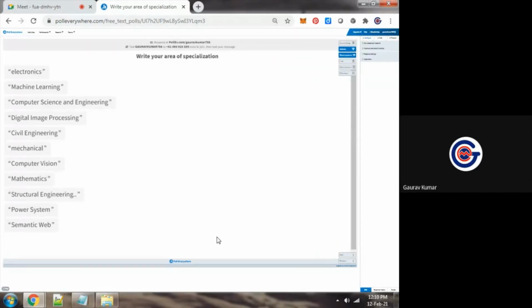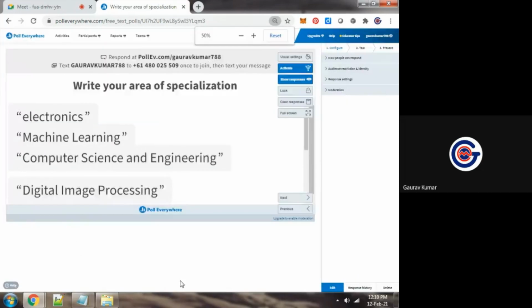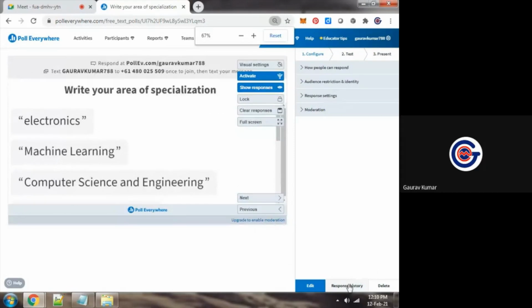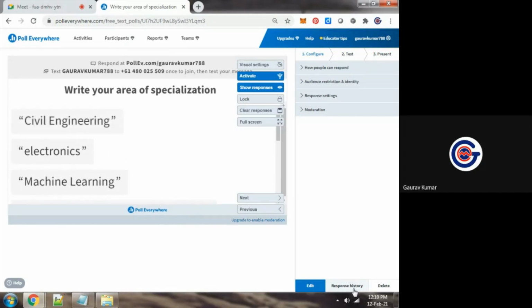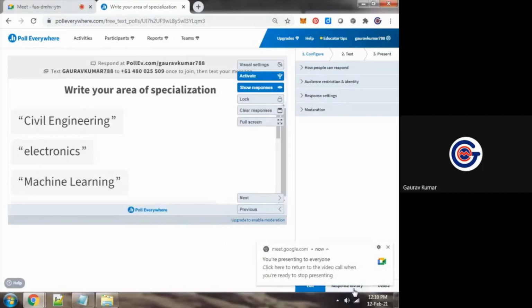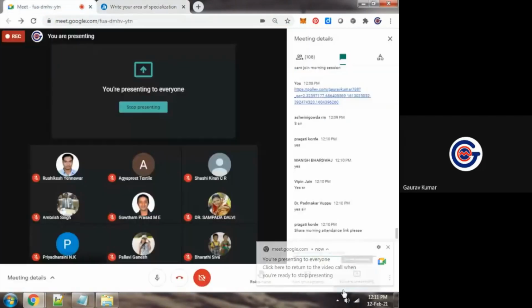Now I want to see which participants responded. How many participants responded? So at bottom right, second option, response history. Is it visible to all? At bottom right, second option, response history.